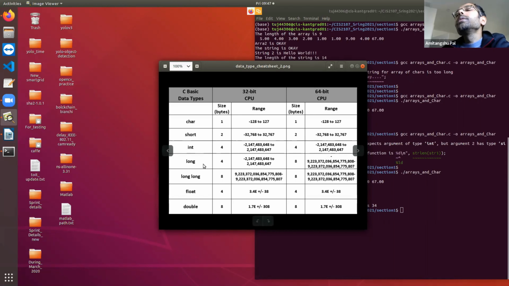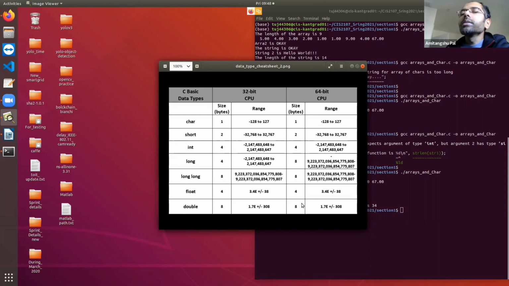And if you want to increase the range, there are long integers that take 8 byte, which is a higher range. Okay, character takes 1 byte, so that's why it has a very short range. And float and double take 4 byte and 8 byte. Okay, so that's why float gives lower precision, double gives higher precision for any fractional numbers.